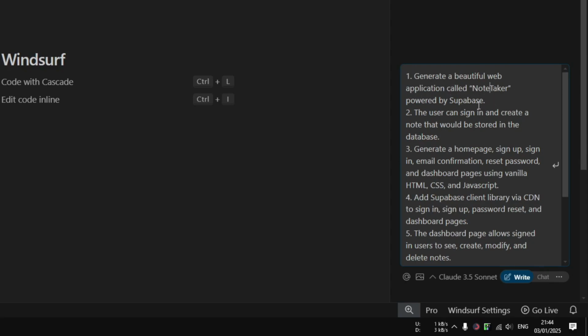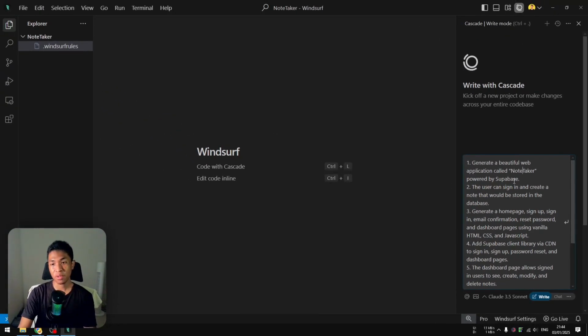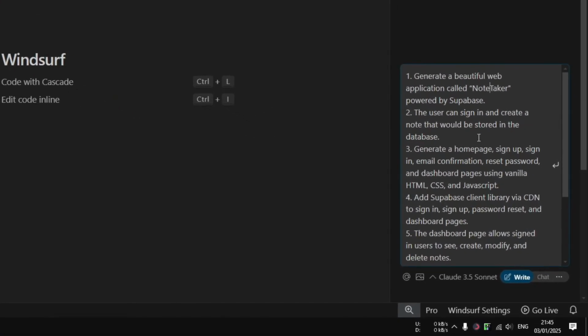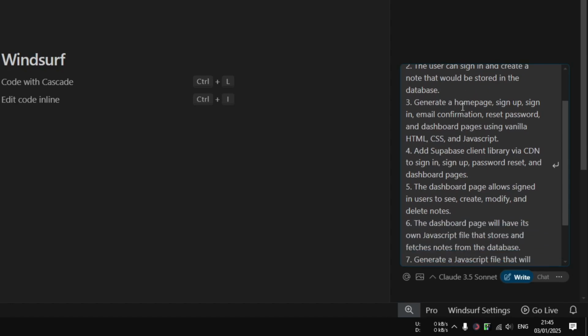Of course, we want to set up the technology that we want to use. We want to tell the AI that this app is going to use Supabase. Supabase is going to be the back end of this application. And then number two, the user can sign in and then create a note that would be stored in the database. Okay. And number three, generate a homepage, sign up, sign in, email confirmation, reset password, and dashboard pages